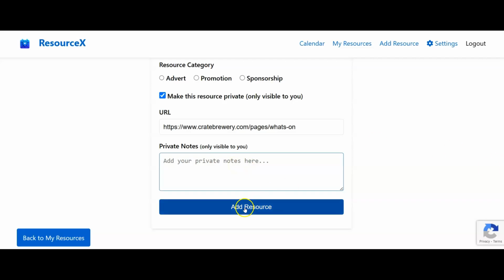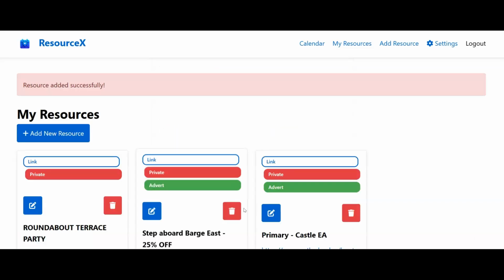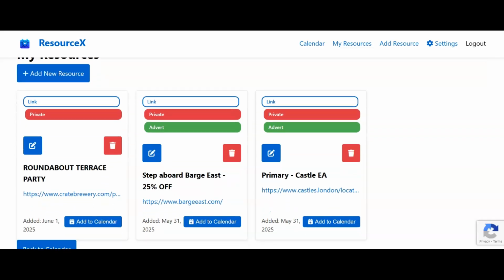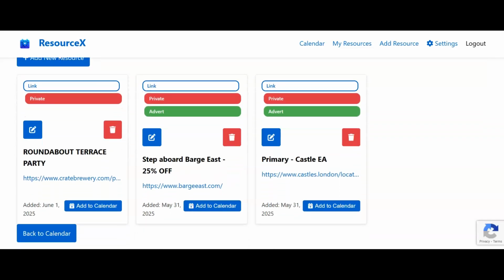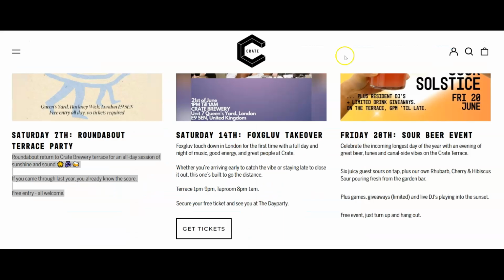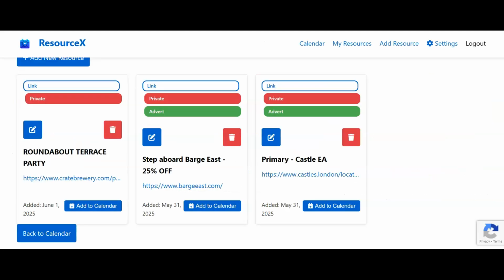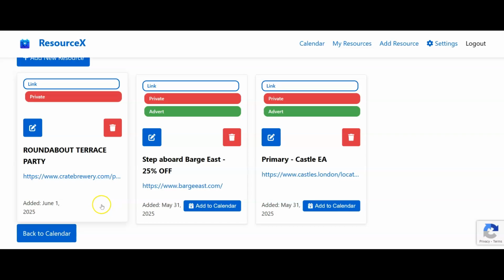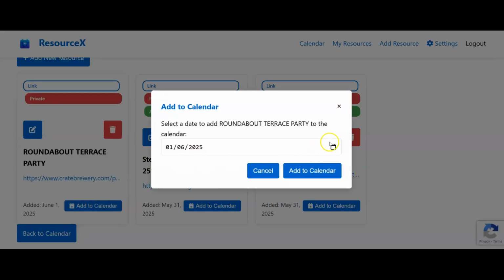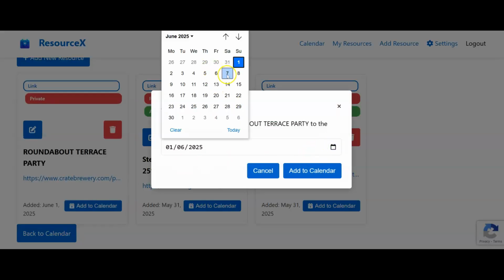So once I've filled everything out, all I do is hit add resource, and that has now been saved to my resource bank within ResourceX. Now what I can do is I can keep going like this. So for example, I might want to go through and just do the same thing for these particular events as well. So they're all saved in there and I've got all the information. What I'm actually going to do with this one is I know exactly when it's going to happen. So all I'm going to do is add to calendar, go over here,